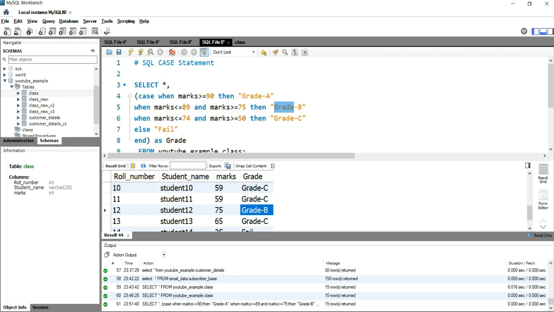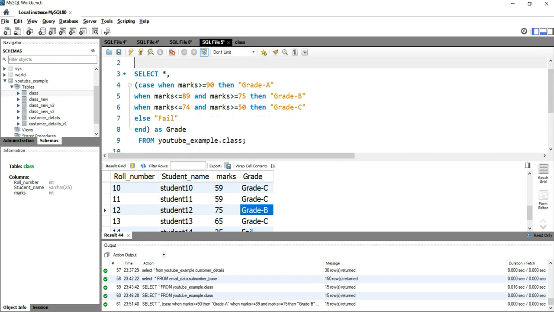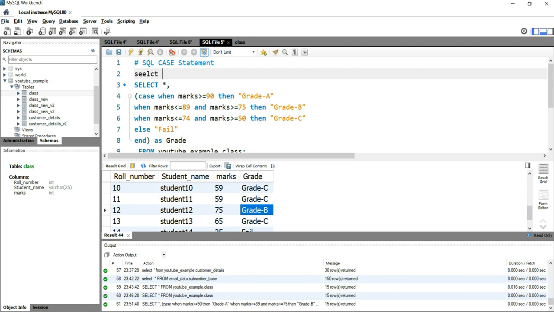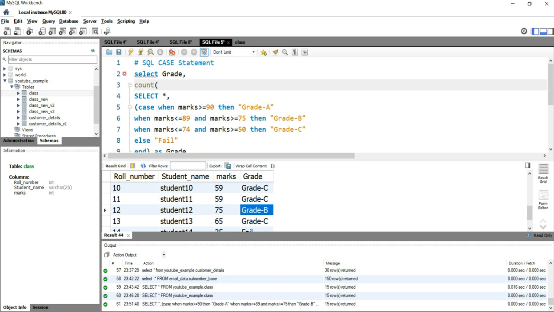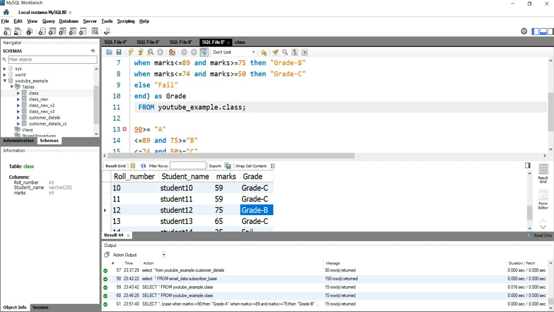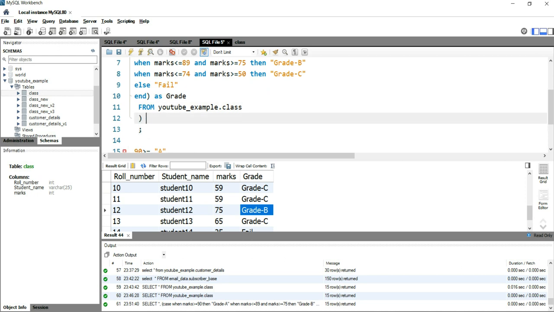And now if you want to take the count of students for each of these grades, what you can do is use this query as a subquery and get the output. So let's put select this, okay, select grade comma count of roll number as number of students from, okay, and then you will put bracket over here before this semicolon as final,